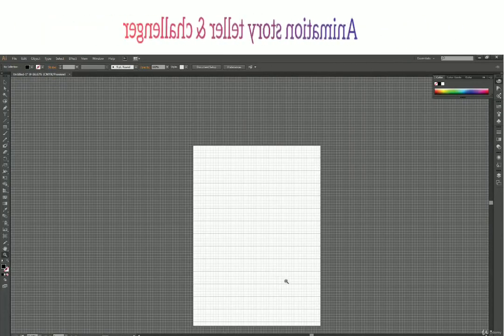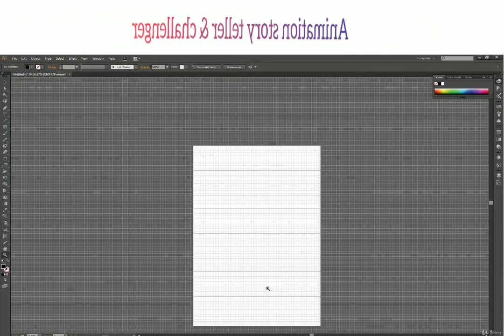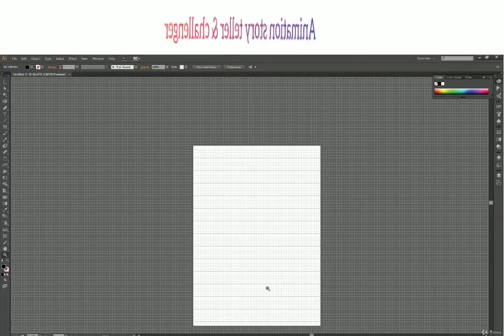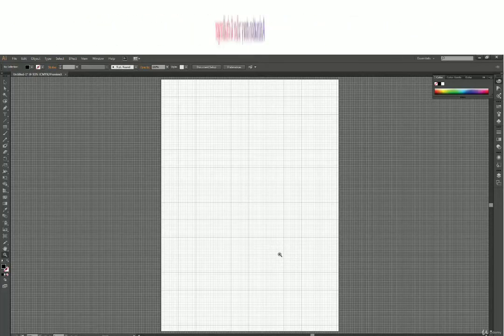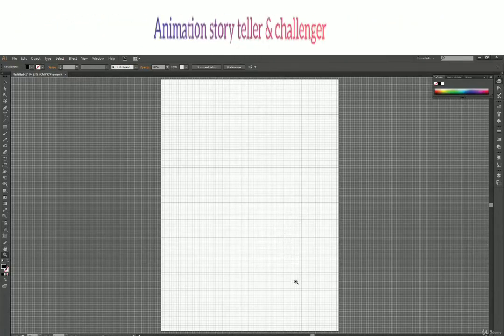And there I have my zoomed out document. I can press Ctrl 0 to fit to screen. Now the advantage of the zoom tool, you might ask, is that the same thing I am doing with keyboard. So why do we have an entirely different tool for it? This tool has certain advantages over keyboard.